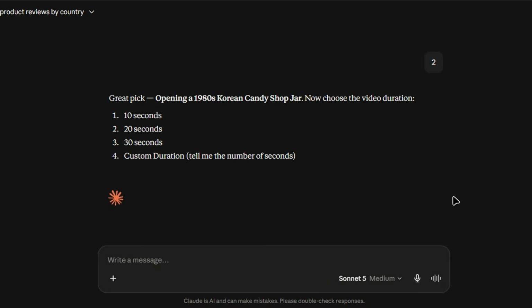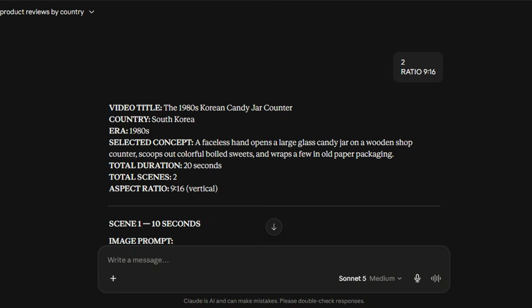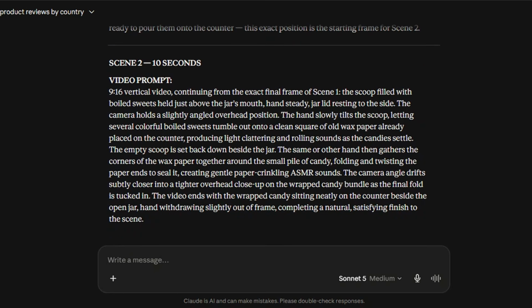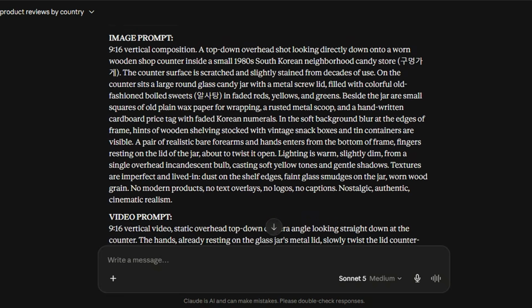After that, select the duration of your video. And here's one important thing. Choose the aspect ratio according to your needs. For example, I'm making a short, so I'm using 9:16. After that, Claude will give you two scenes. In scene 1, you'll get both an image prompt and a video prompt, and in scene 2, you'll get only